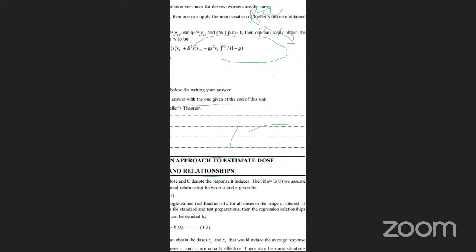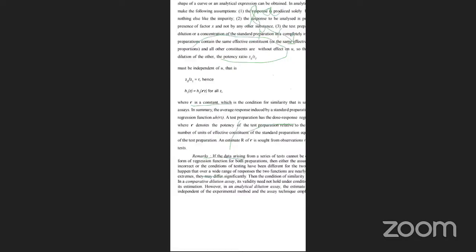response. So here, independent of Q, that is H_S of Z equals H_T of RZ for all Z, where R is a constant, which is the condition for similarity that is satisfied by all dilution